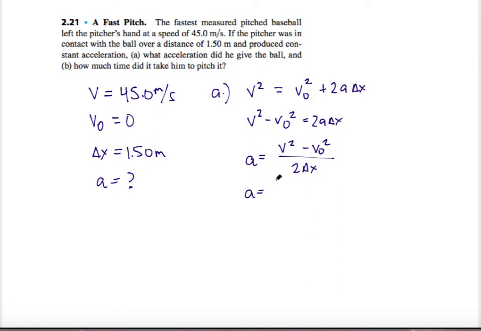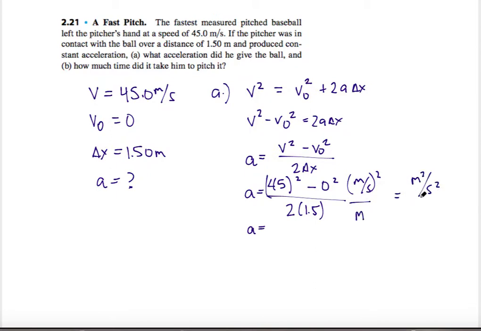So now I can substitute values. I have 45 meters per second, and then squared, minus 0 squared over 2 times 1.5 meters. And of course, this is meters per second squared over meters, which if we want to do all of this out, is meters squared over seconds squared over meters. So one of my meters cancels and leaves me with meters per second squared. Putting this into a calculator,